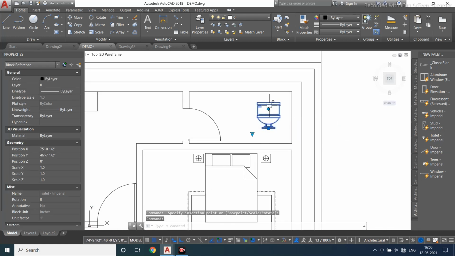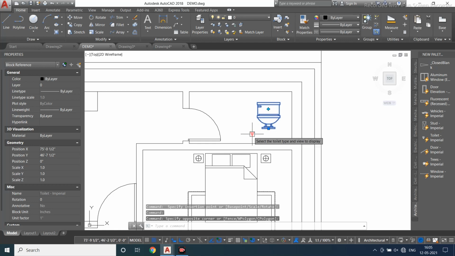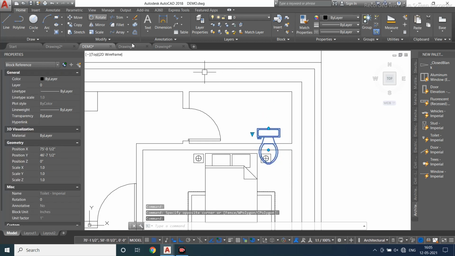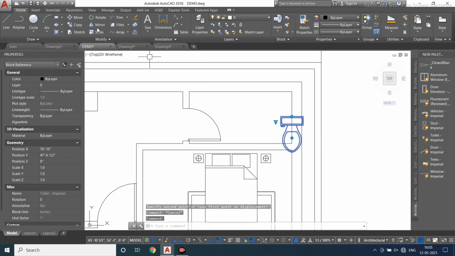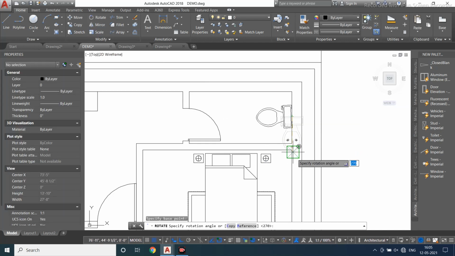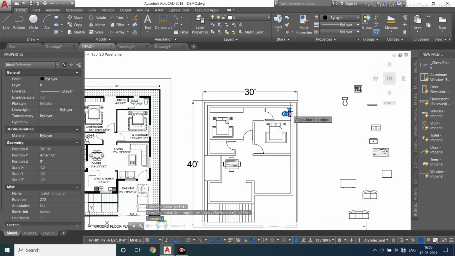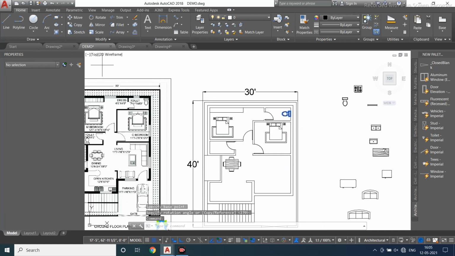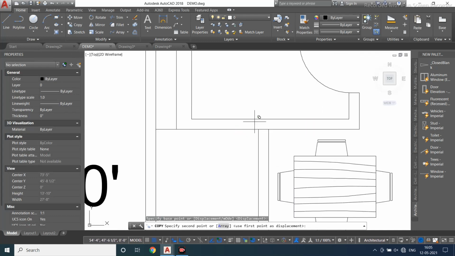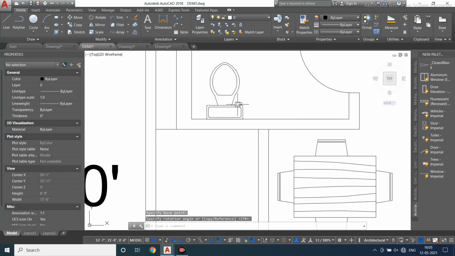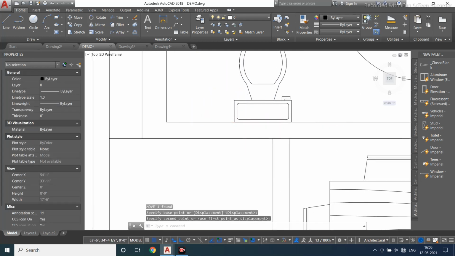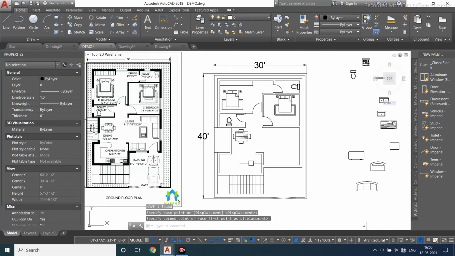This is in your elevation view, so I will just change it into a plan view. So you can directly change this one into plan view, then select this one and move it. Where I want to move it here, just use the rotate tool. So your closet is also done over here. So copy the same thing over here and rotate it. Done with your closet work. So in this manner you have kept your dining.